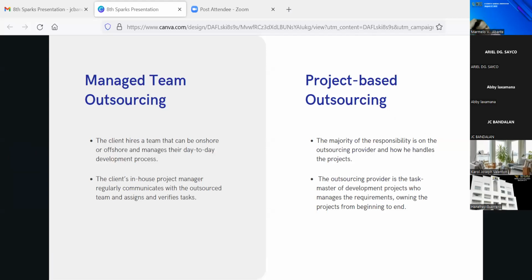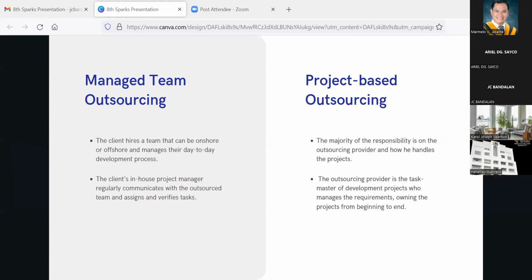So for project-based outsourcing, as I was actually saying, this is a wise move, particularly for startup companies. When you're actually starting, actually even now, yung technical writer namin is project-based lang din siya. So hindi na namin babayaran yung mga government fees niya, etc. So kung matapos niya tong particular project na to, bayad na siya dyan. Matapos siya dyan, bayad siya. Kumbaga parang less yung liability namin sa kanya when it comes to yung mga bayad niya sa government, like